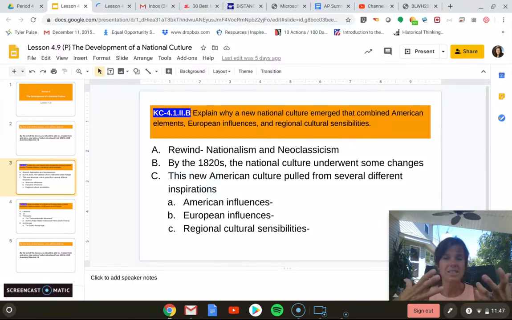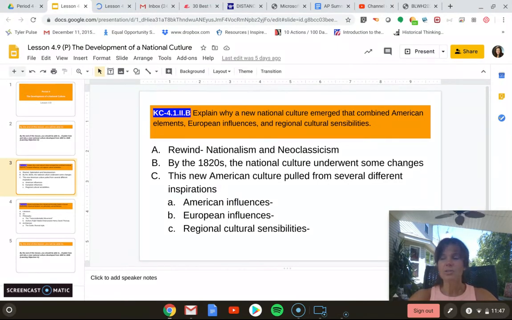We began to celebrate our heroes, painting many portraits of George Washington. The architectural style is also what we call neoclassical, with its links to Greece and Rome. The colors and the pillars and the domes promote stability and the ideas of democracy and republicanism, just like Greece and Rome. By the 1820s, the national culture begins to shift.